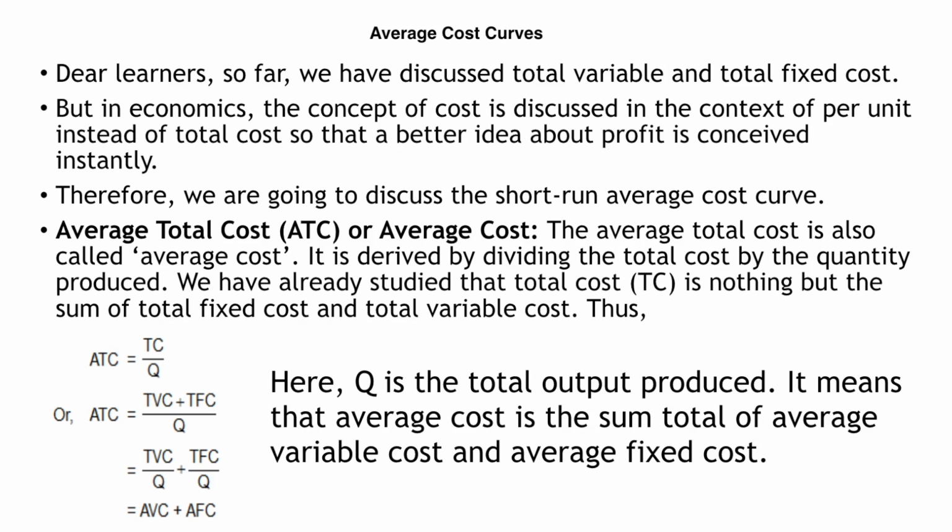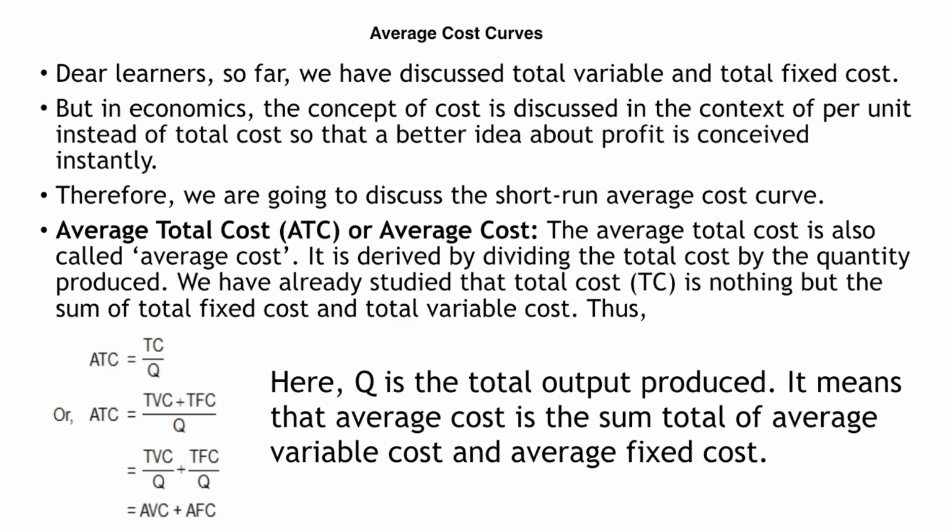Average total cost, ATC or average cost. Okay? The average total cost is also called average cost. It is derived by dividing the total cost by the quantity produced. We have already studied that total cost is nothing but the sum total of total fixed cost and total variable cost. Thus, ATC